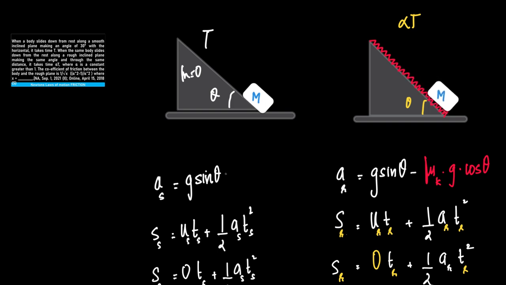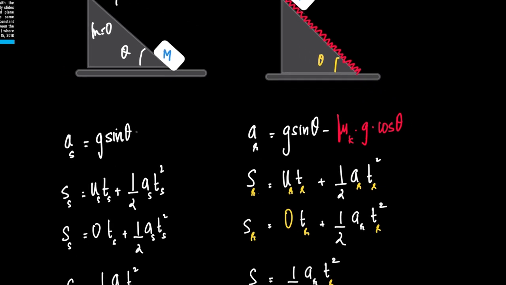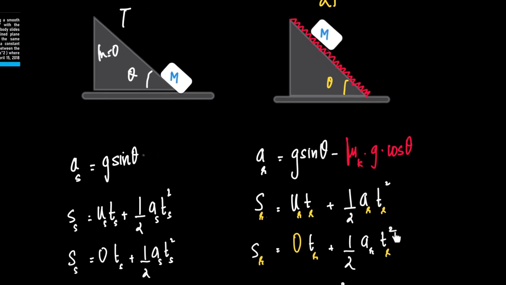When a body slides down from rest along a smooth 30-degree incline, the time taken is t. Along a rough incline of the same angle theta, the time taken is alpha t. The coefficient of friction between the body and the rough plane is 1 upon root x times alpha square minus 1 by alpha square. So when we compare the motion